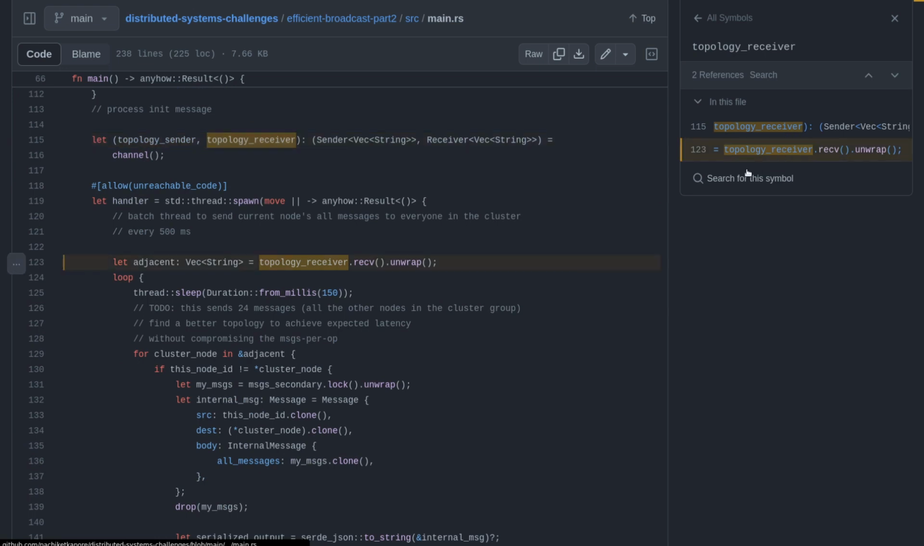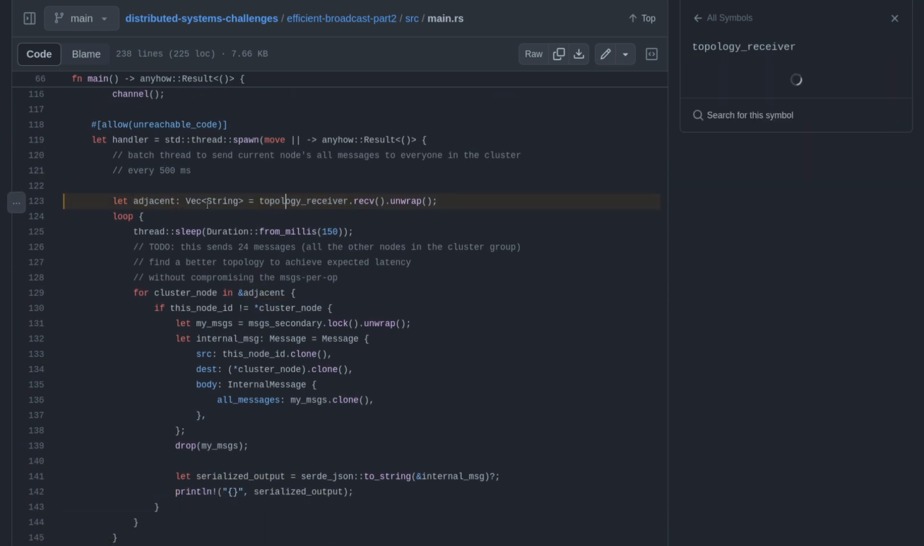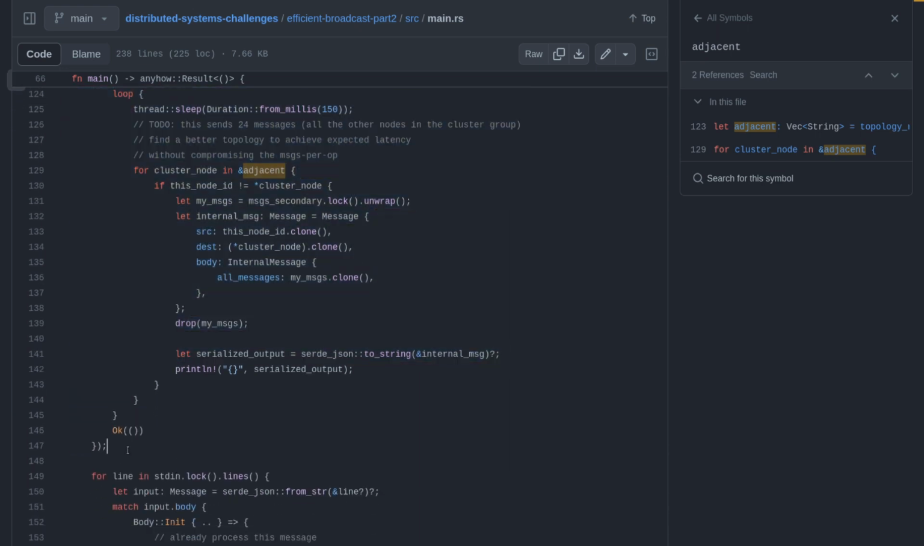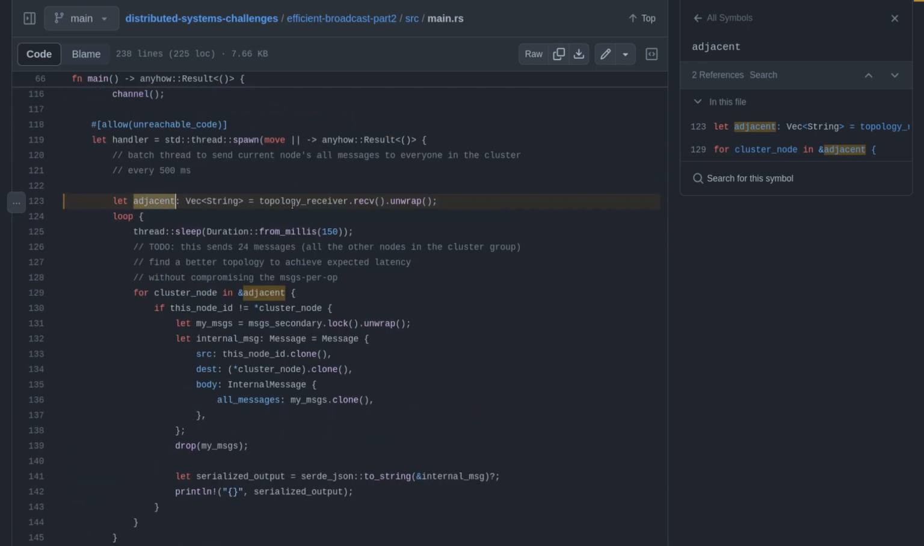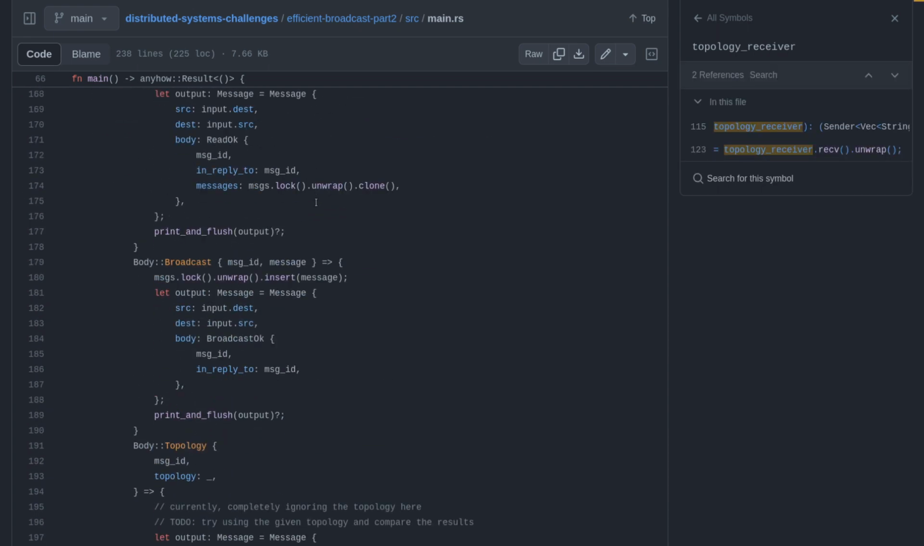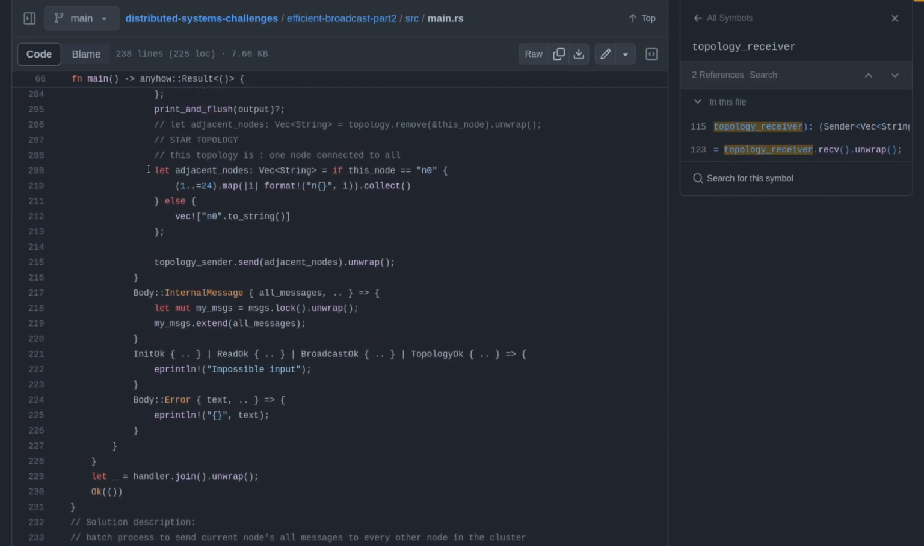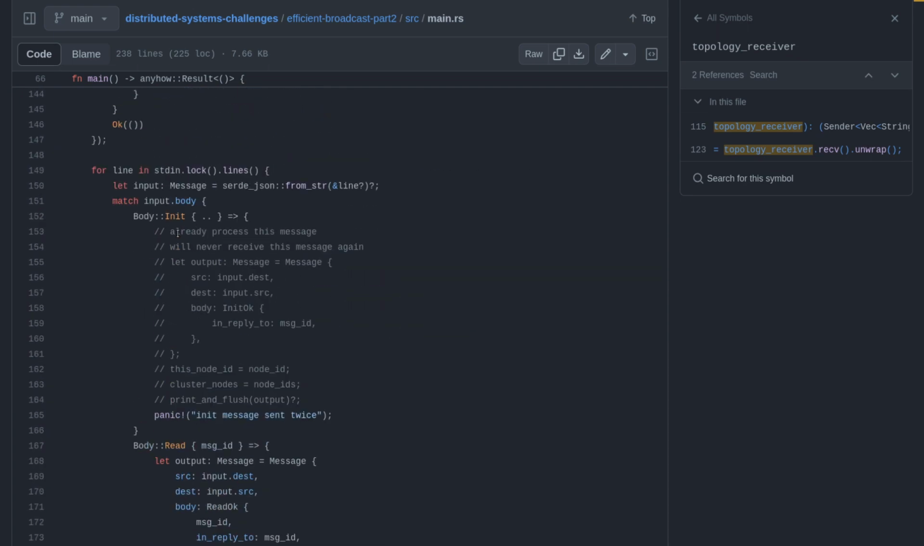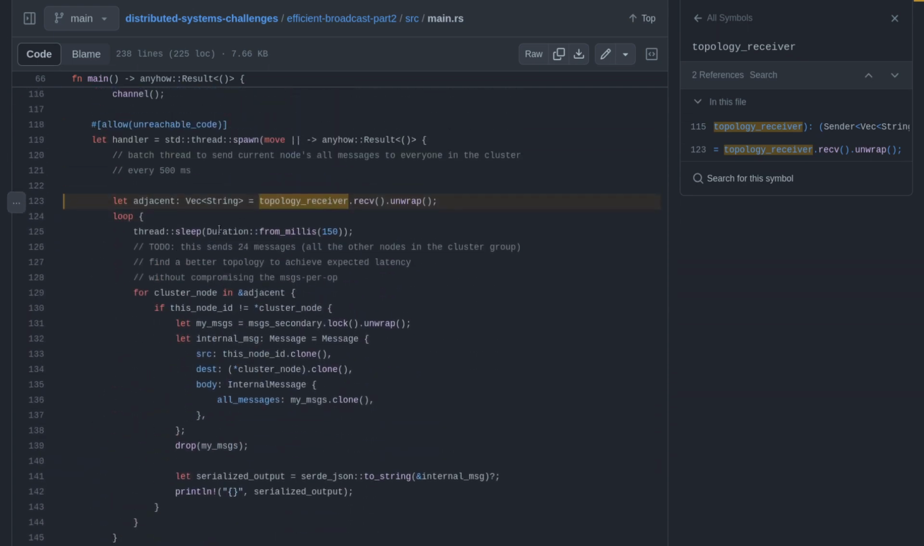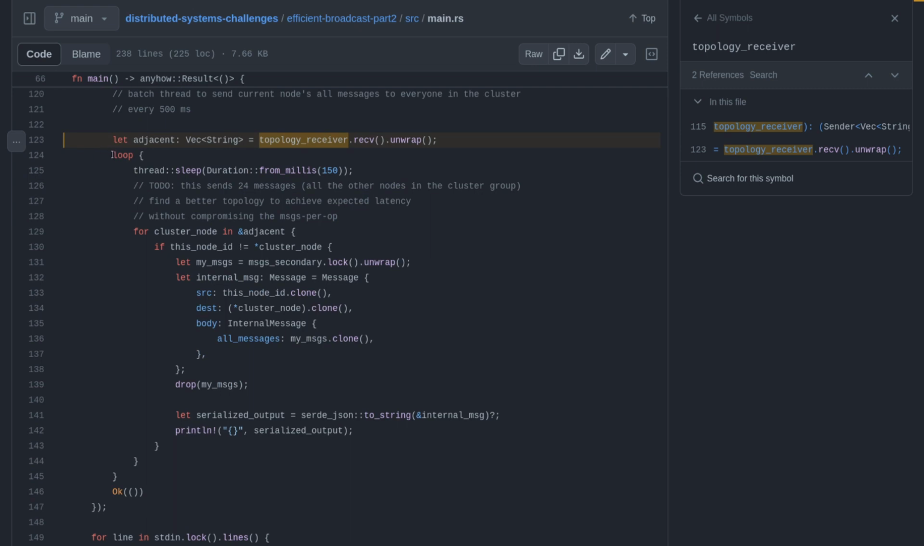As you can see here, it is going to receive the adjacency list initially. This thread is spawned first. It is going to accept and receive the topology from the main thread that we are generating here. This is the star topology implementation, and now it is going to start the batch processes. I have considered the frequency here as 150 milliseconds, and after every 150 milliseconds it is going to go through all the nodes in the